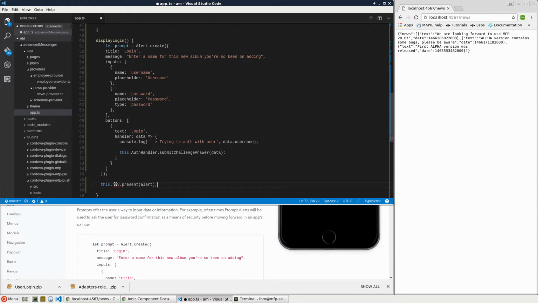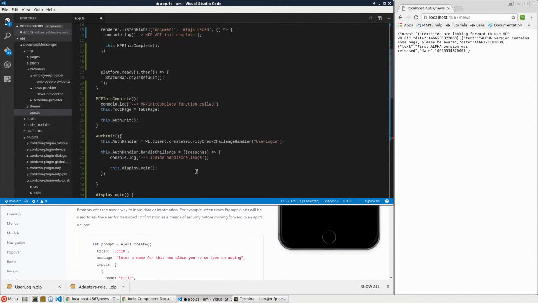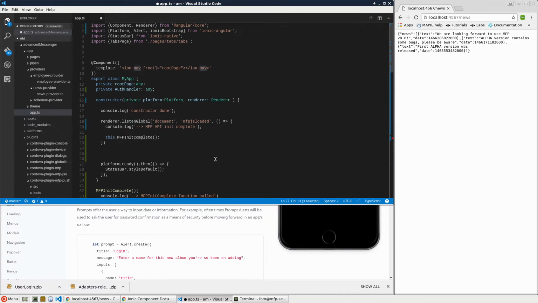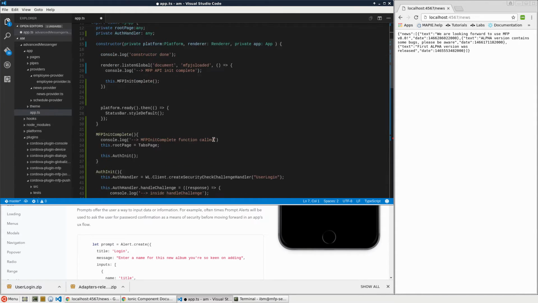But because nav is not known, we will need to define that. So there are a few steps that we need to do. The first one will be to add a reference to app and specify it here, like that. And the next step will be to work with the lifecycle events, because we are in app.ts and